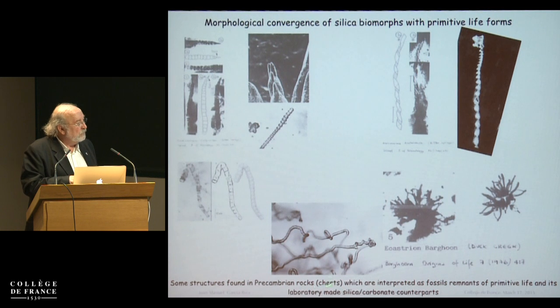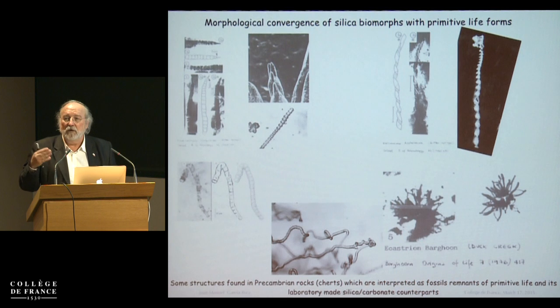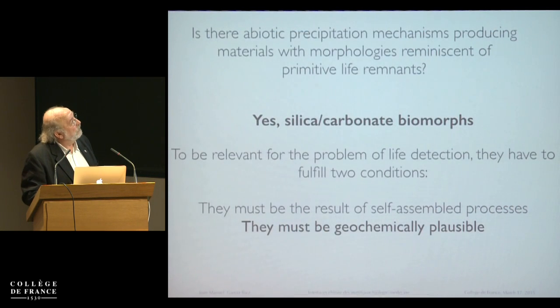But one of the important things is that the oldest microfossils on the planet have been found in chert. Chert is silica. It's a rock made of silica. And the silica, as I told you,